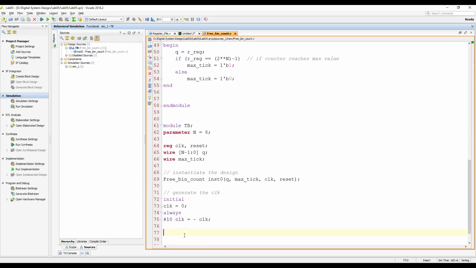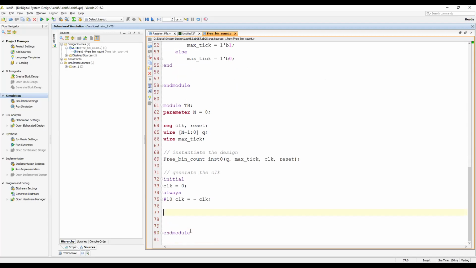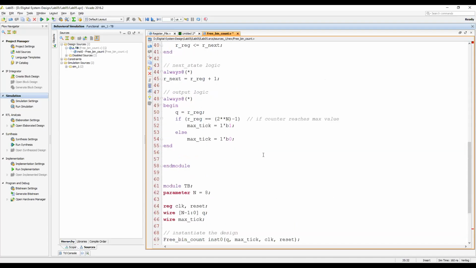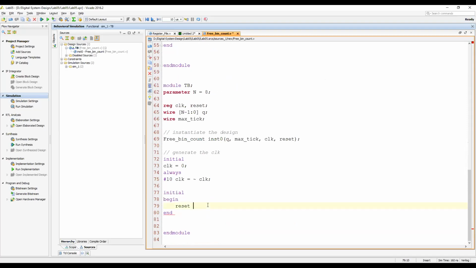That's it. And then we need to reset the system and unreset the system, right? So first of all, reset and then unreset. Look at this, reset is positive. Okay, so first of all, reset is equal to 0.